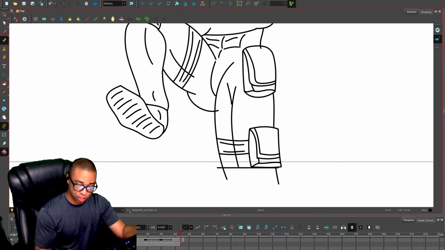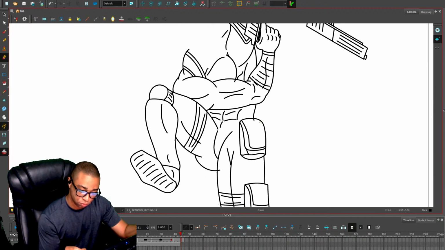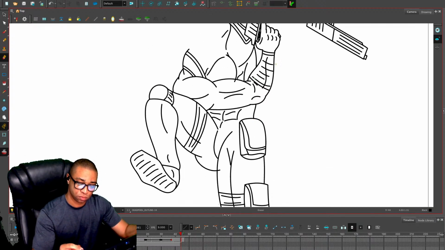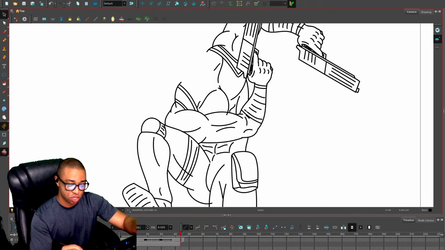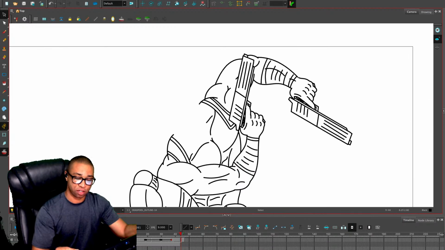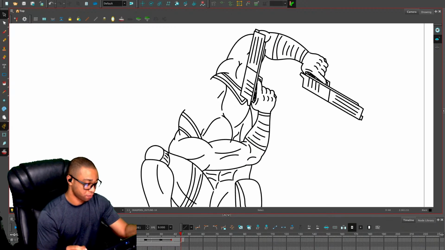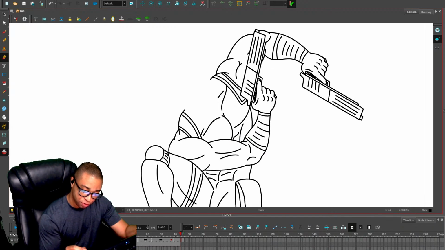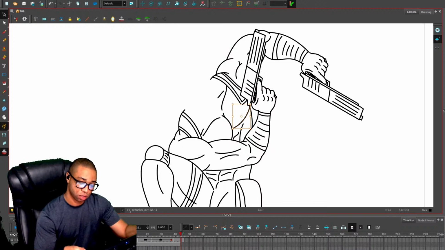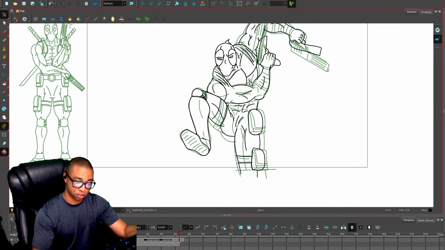Let's make sure we close his leg off. You know what? I will take that line out because it's just really getting in the way of everything else. We don't always need details for every single thing that we draw here. Something like that. Looking good.